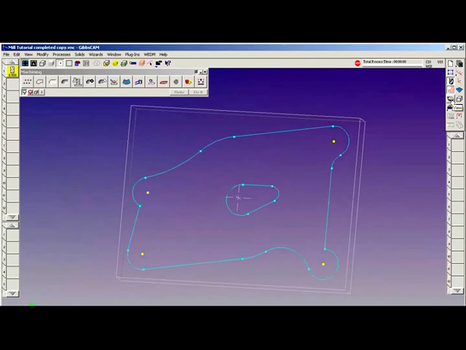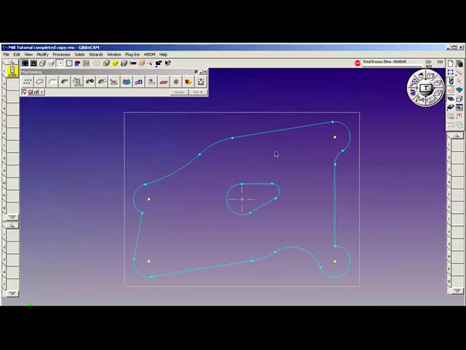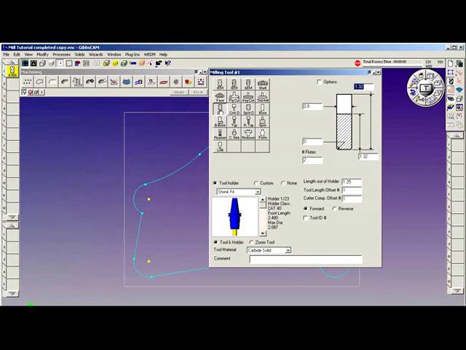All right, I bring up my view control palette, go to top view. And what I'm going to do is build a series of tools. I'm going to build a drill. This drill is going to be used to drill an entry hole for my pocketing. I'm going to make this drill 1.5 inches long,